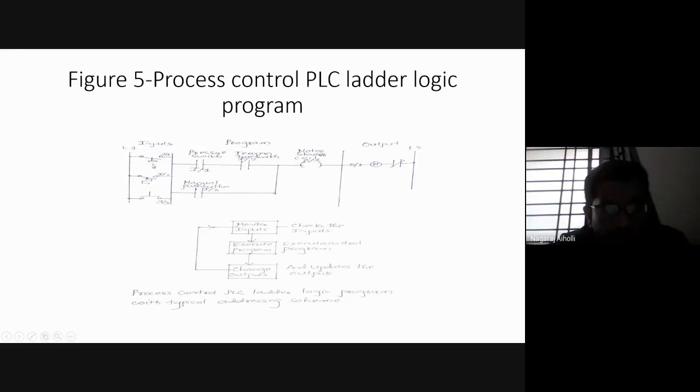Then these are the input sensors. One is the pressure sensor, that is indicated by this. Note that there is a slight change in the representation of the pressure switch and the temperature switch. The first one is I/1, which means input 1. The first input is connected to the pressure sensor. Then the second one is the temperature sensor. Look at the symbolic representation of the temperature sensor. This is for the pressure sensor, and for the temperature sensor, the symbolic notation is slightly different.